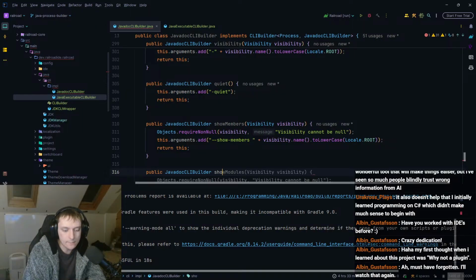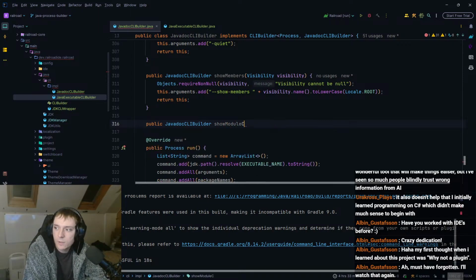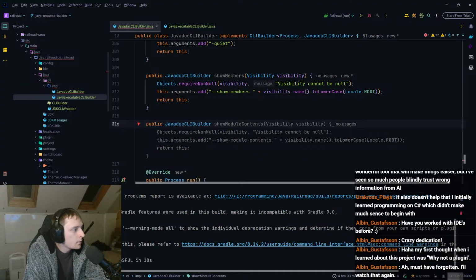The good thing about this is that I don't actually have to know what any of these mean, which is great. I consider that a win. Even though I am actually learning quite a few things from these, I don't have to. I'm just basically copying across the arguments and turning them into methods. But okay,